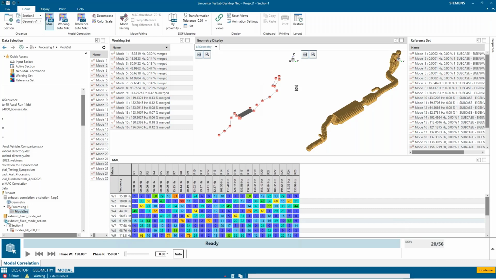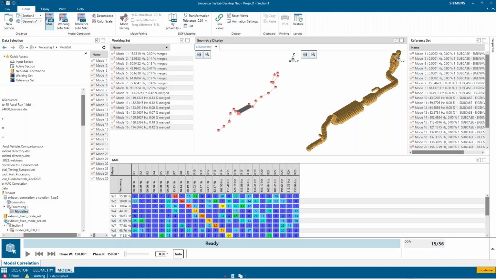You can see it's rotated a little bit better. And we'll see if this improves. So now I've got 15 of 56, so I think my tolerance is off. Maybe I was good before, but I just had that tolerance at 1 millimeter from the last example I showed. So now this is going to be, there we go. Now we have 53 of 56. So I'm not getting that last node. So if I go to 0.5 here, 0.15, now I think this will be 56 of 56.